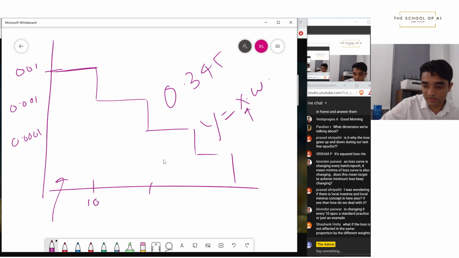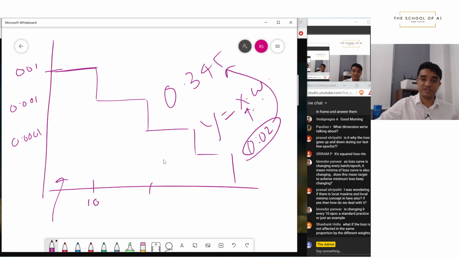If the x was 1, in fact, let's say x is 2 only, right? So x is 2 and w we want to calculate, and our learning rate we use as 0.01, which means we are going to multiply this with 0.01, which means we have updates of 0.02. Even in this case, we are going to take 17 epochs to change this, right? Because at least 17 steps are going to be required to change this, because we are going to look at,